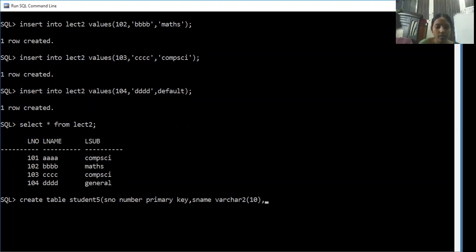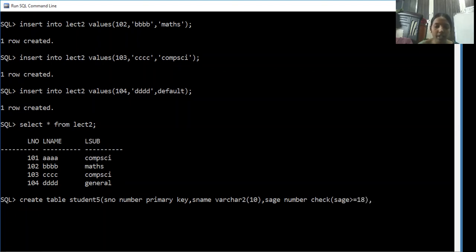Next student age, I'm taking it also as a number, and I am going to define a constraint on this. So you should write check, age should be greater than or equals to 18, right?